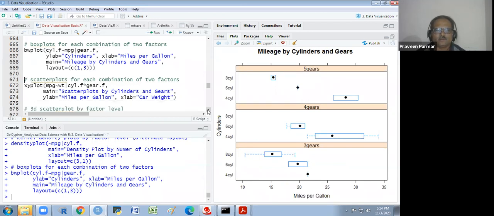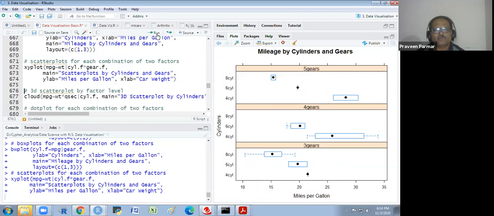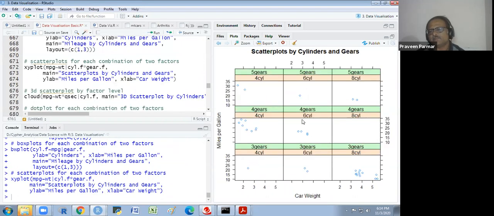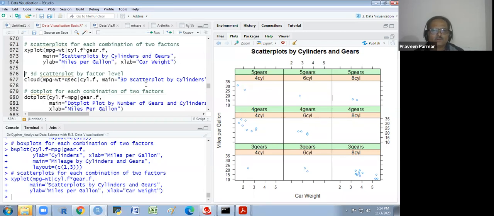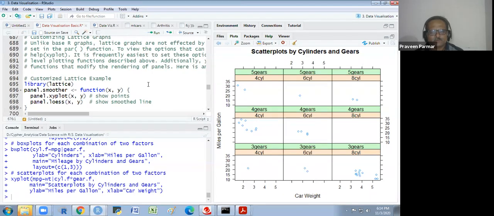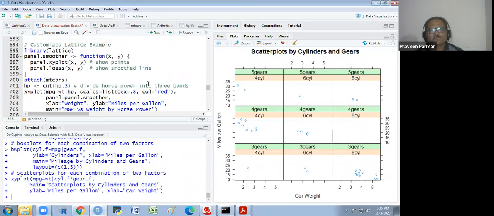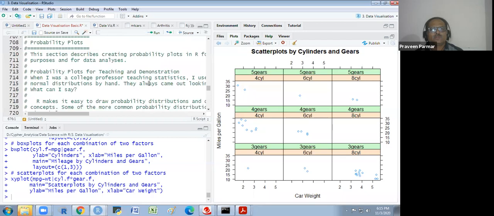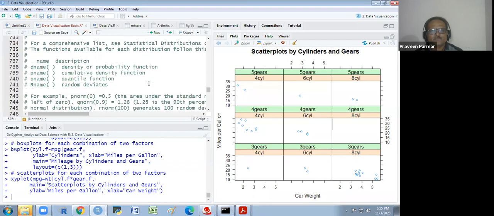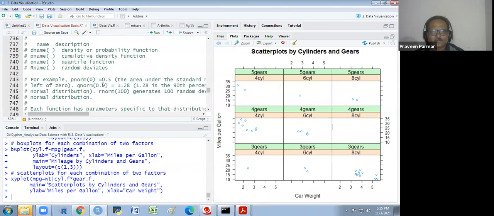So these are a few plots, and you could also see it in this way, but it is not much interpretable. The ggplot2 gives us something better than lattice. Okay, so it is not very important, very few people use it. So I leave it, and we will see all this there.